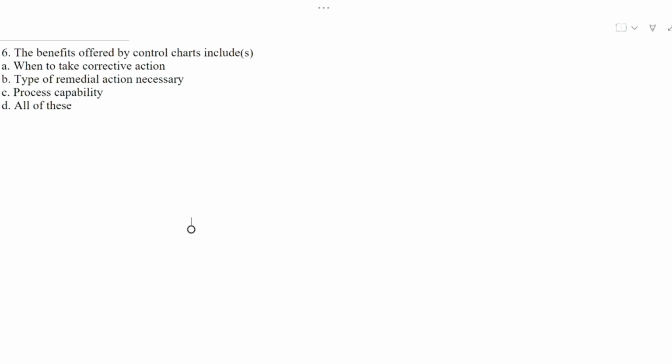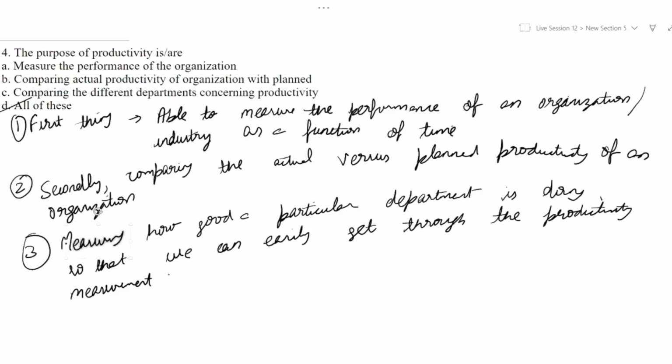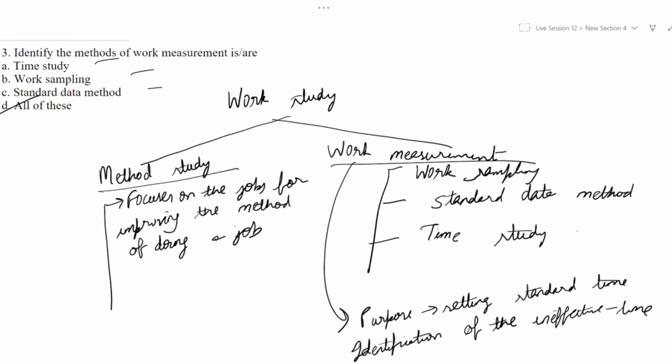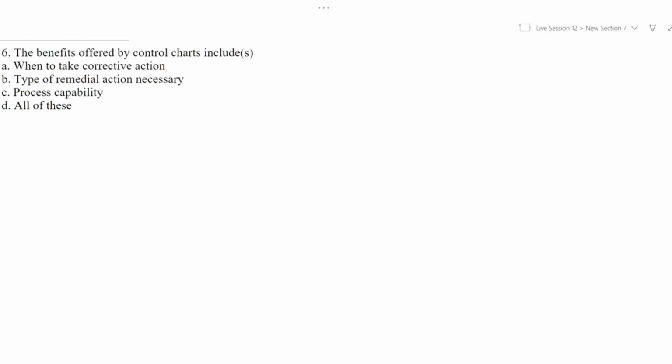So the process capability, we already discussed that. So here first of all the correct option is all of this. Now the process capability we will discuss further in the coming questions. Now the question is,